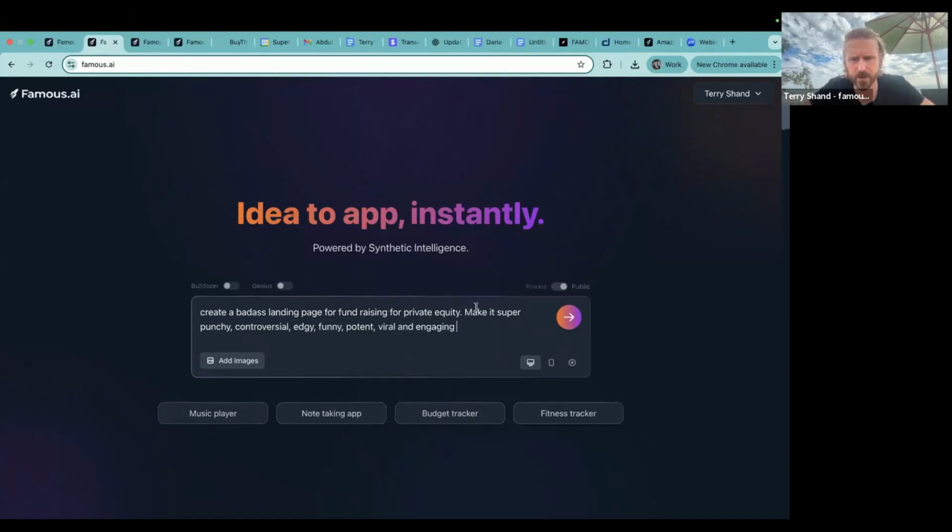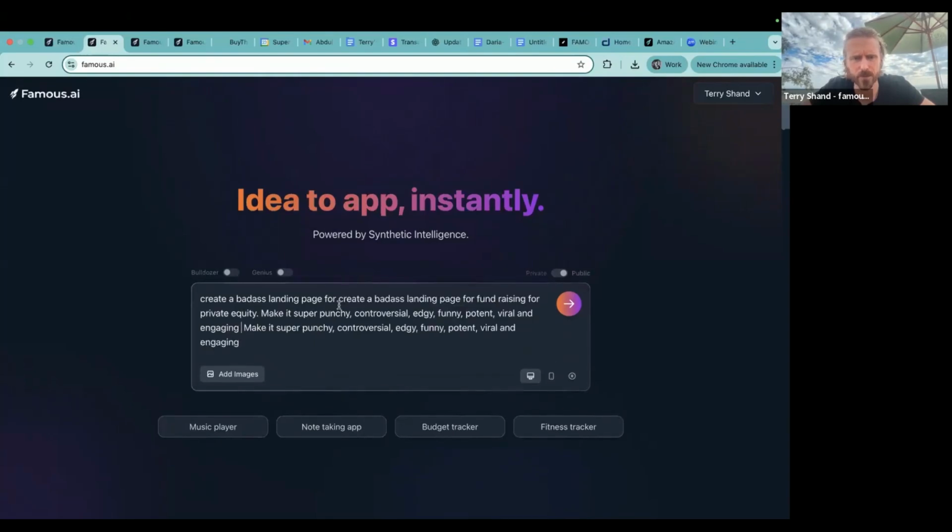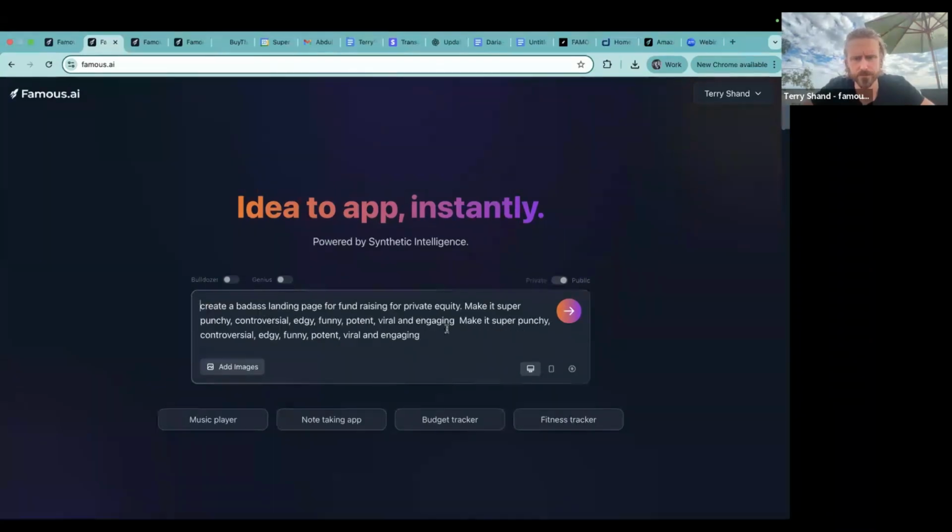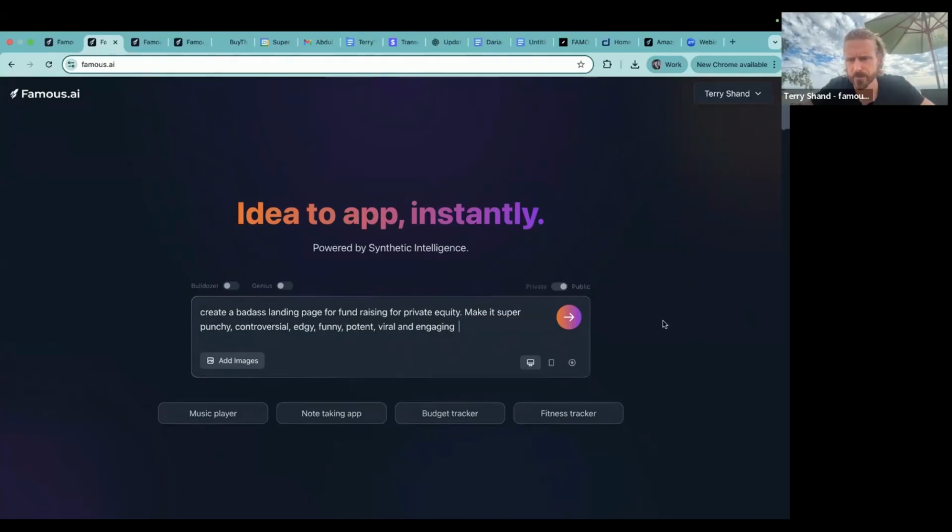Is there any specific type of estate planning? Is there a specific market you're going for? Oops, whoopsie daisy. Create a badass landing page for fundraising and make it super punchy. Engage it. Jesse, any specific target you're going for?